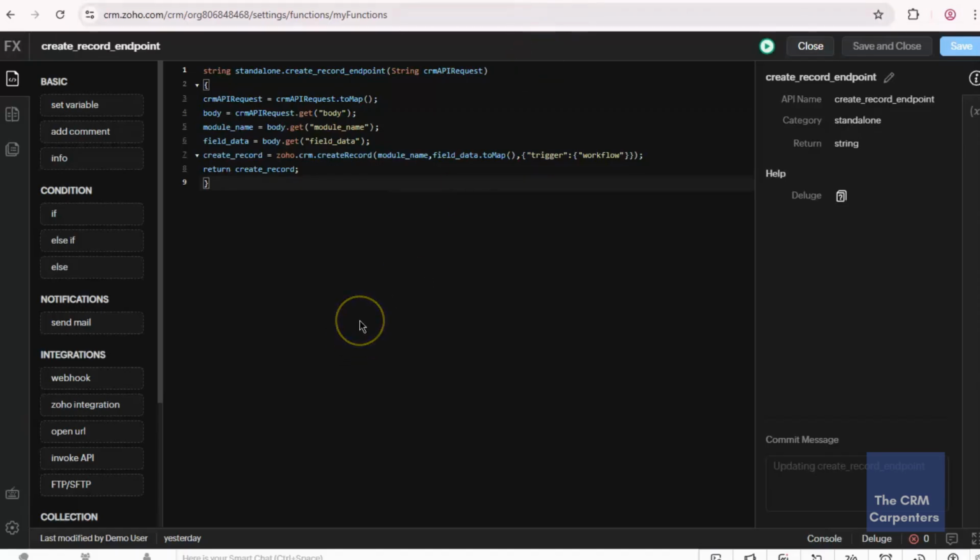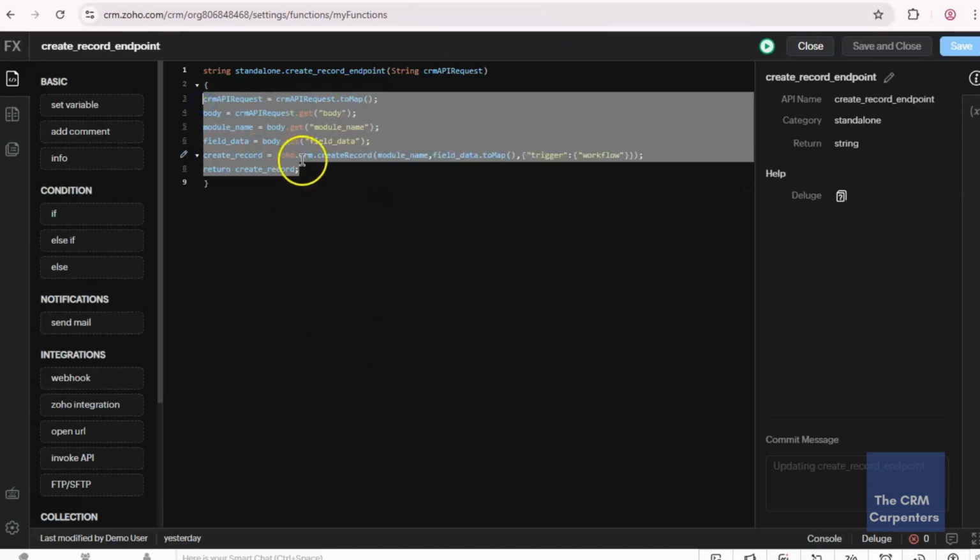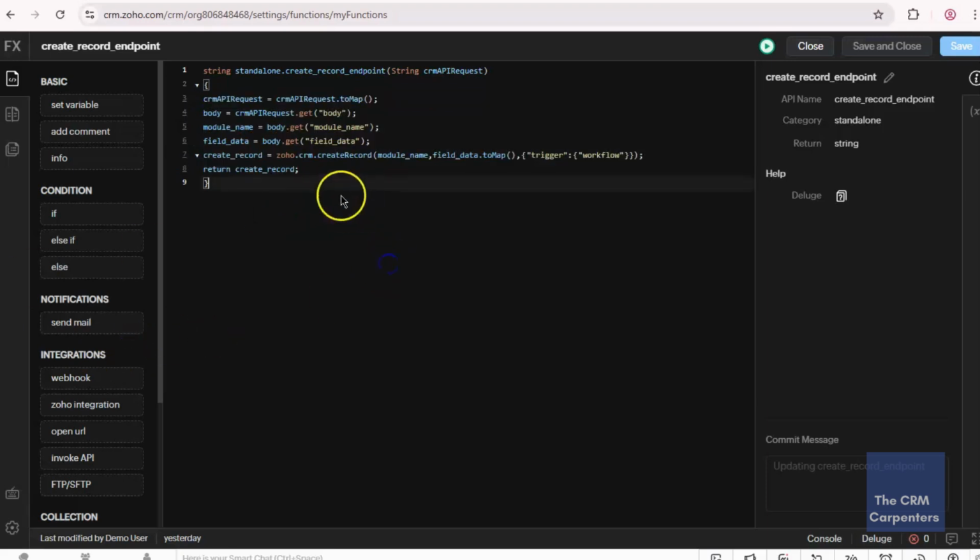So in Zoho CRM, you need to have this standalone function with this code. This code is a CRM API request data that converts the incoming request object into a map, so there will be a key value pair, so its content can be accessed.